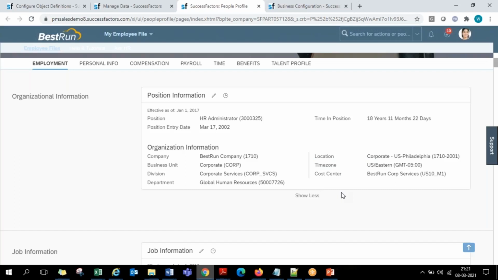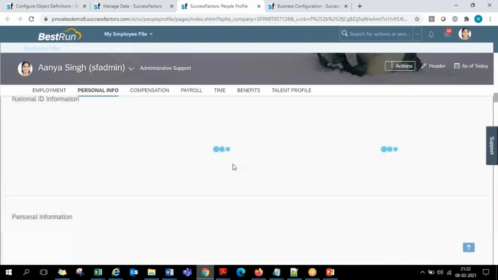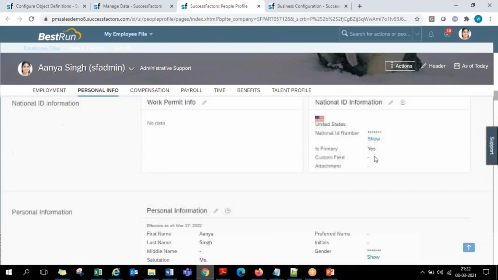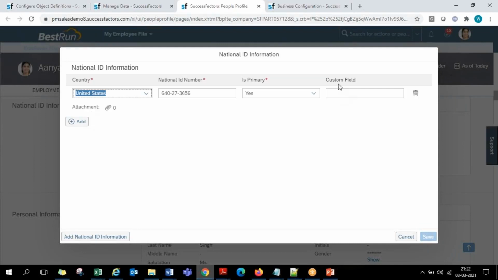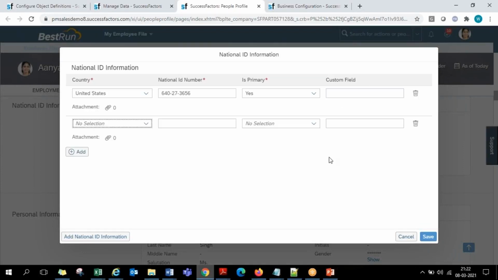In the Employee Central module, in the initial sessions, I told you that there are around 6 to 7 portlets which have field level control. When we added a custom field in the national ID portlet, I showed you that it got immediately reflected. The national ID portlet level custom field added has been immediately reflected. If I go to personal info, national IDs, here custom is a field we added. This field immediately got reflected.